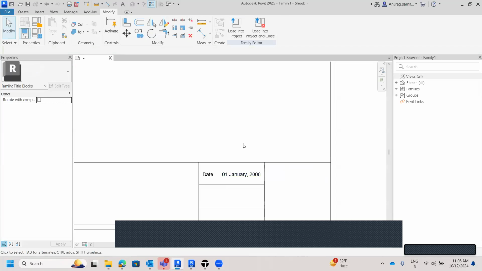तो जब आप शीट को ओपन करेंगे तो ऑटोमेटिकली आपके पास डेट में 1 जनवरी 20,000 आएगा। तो जो जिस भी डेट पे आप वर्क कर रहे हो या शीट को इशू कर रहे हो, आप वो डेट डाल सकते हो ऑटोमेटिकली। सो डेट के आगे आपके पास पर्टिकुलर डे की डेट आ जाएगी, राइट। तो दीज आर दी थिंग्स लाइक हाउ वी आर रिलेटिंग वन ऑफ द पैरामीटर विद द अदर पैरामीटर्स।